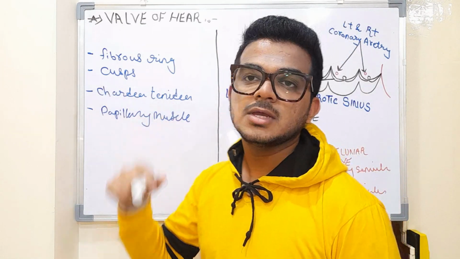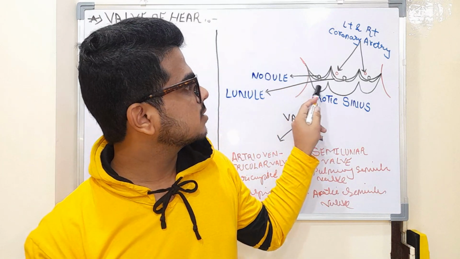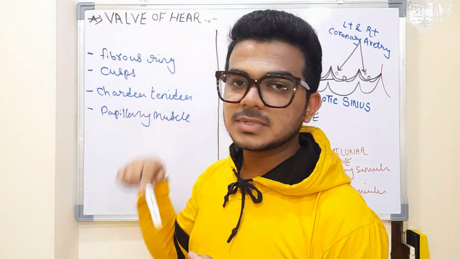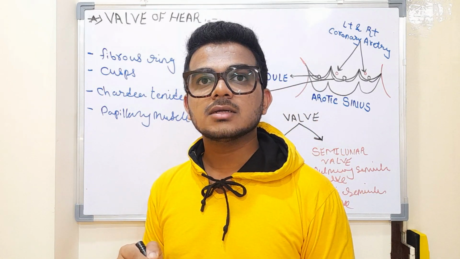Then next is the cup. The cup is like a cup. If you see, this is a moon, a half-moon-like structure. That is a cup. So cups are present in the semilunar valve. There are 3 or 2 cups present, but sorry,